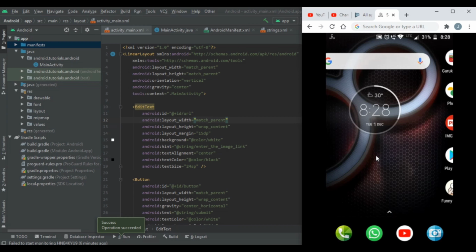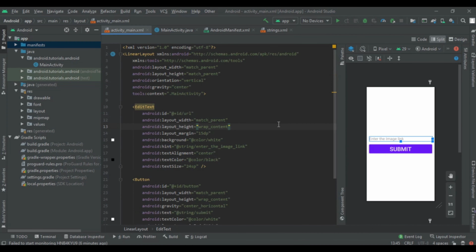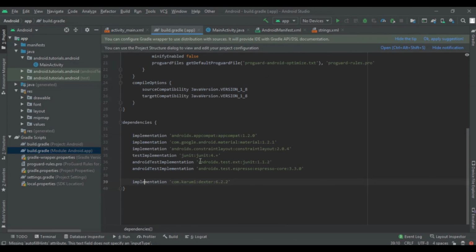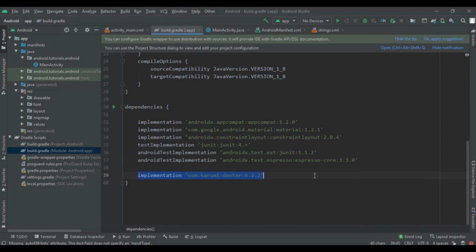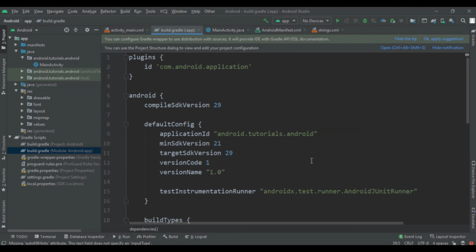So let's begin. So first of all, we are going to implement one library. That library name is Dexter library. So you will get the link, or you can stop this video and implement this Dexter library. You can see that here it is, Dexter library. So after implementing this library, we have to sync our project, and it will take some time to sync. After that sync process is completed, we are going to come into our